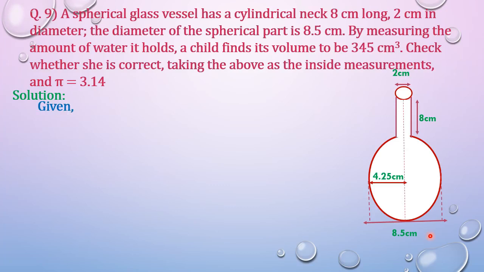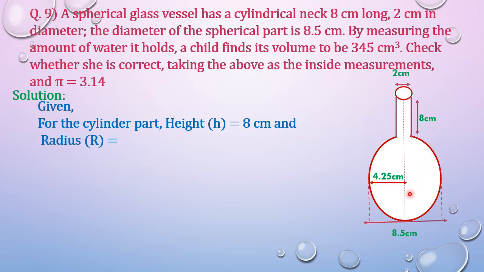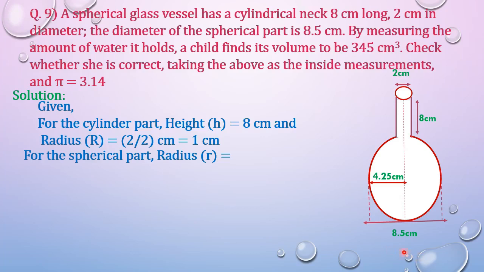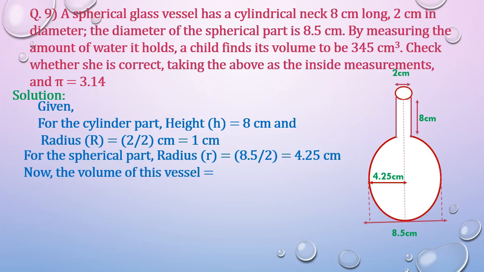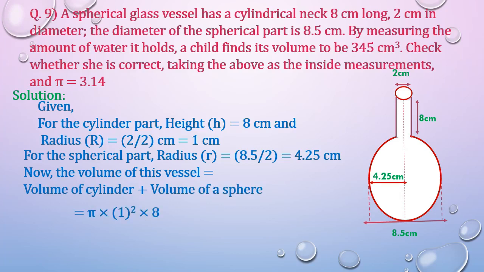Solution. Given for the cylinder part, height h is equal to 8 centimeter and radius r is equal to 2 by 2 centimeter is equal to 1 centimeter. For the spherical part, radius r is equal to 8.5 by 2 is equal to 4.25 centimeter. Now, the volume of this vessel is equal to volume of cylinder plus volume of a sphere is equal to pi into 1 whole square into 8 plus 4 by 3 into pi into 4.25 whole cube, which is equal to